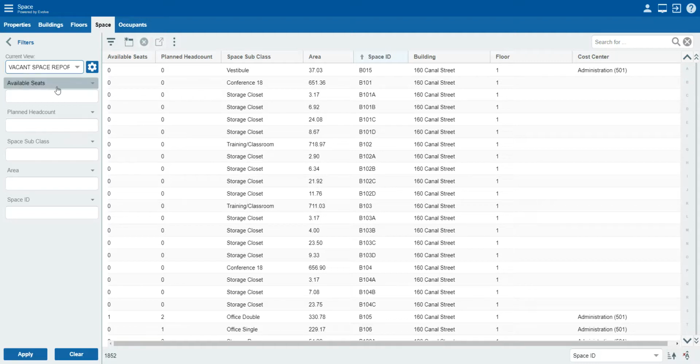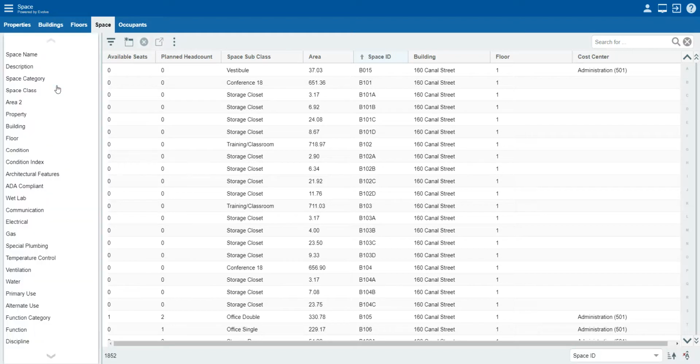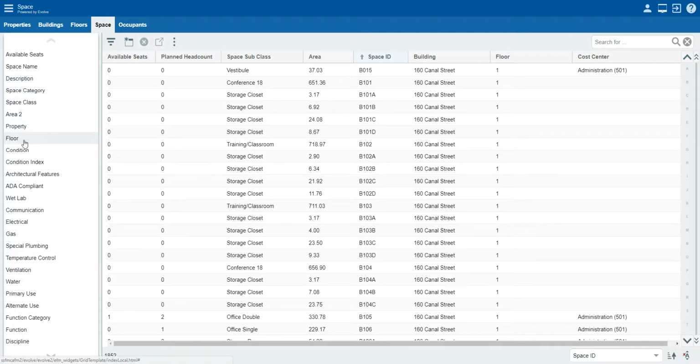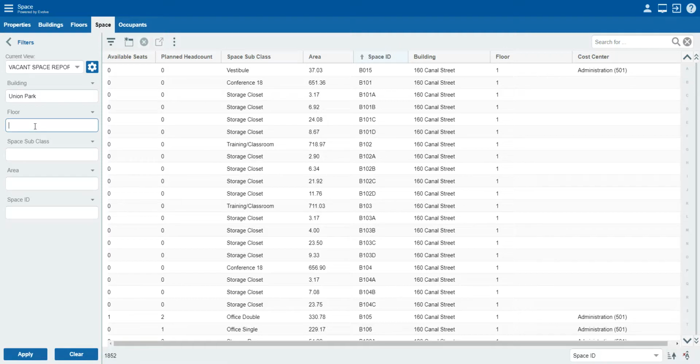So in this case, I want to search my building column. So I'm going to choose building from my column list. And I want to search for my Union Park building. Again, I enter the first 4 characters and I'm provided with a pick list. I also want to search only for data records on the 8th floor of Union Park. So I'll choose my floor column, enter the letter 8,